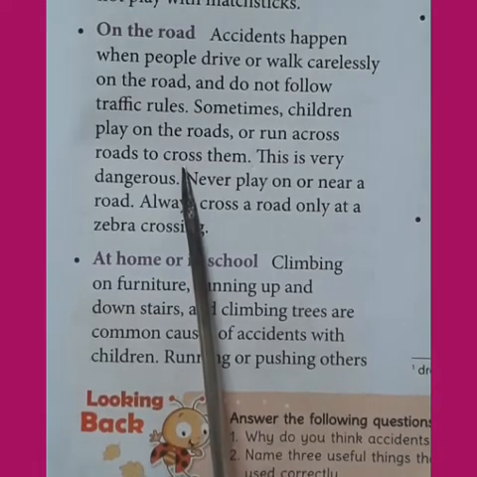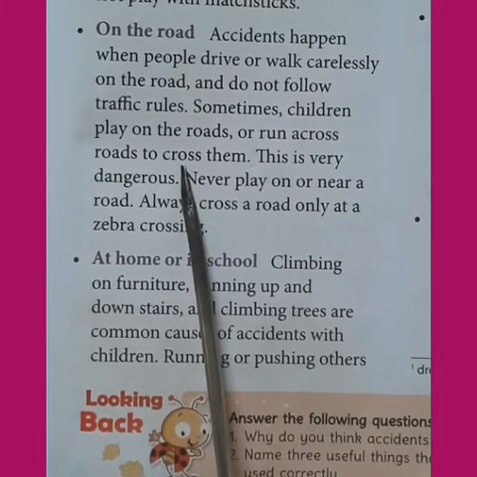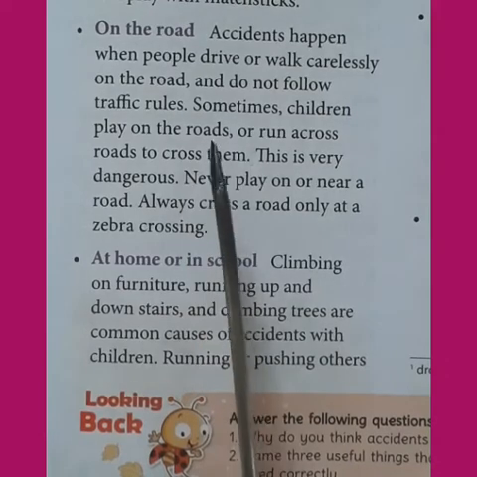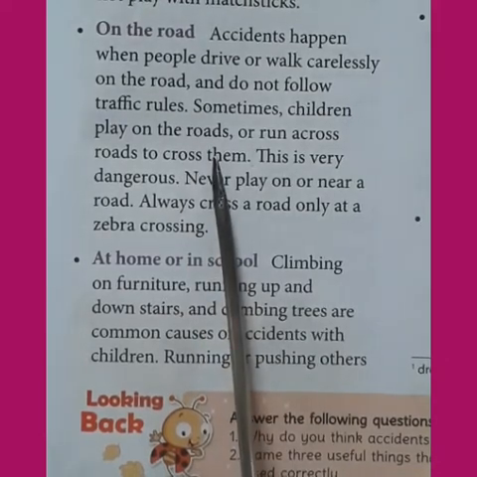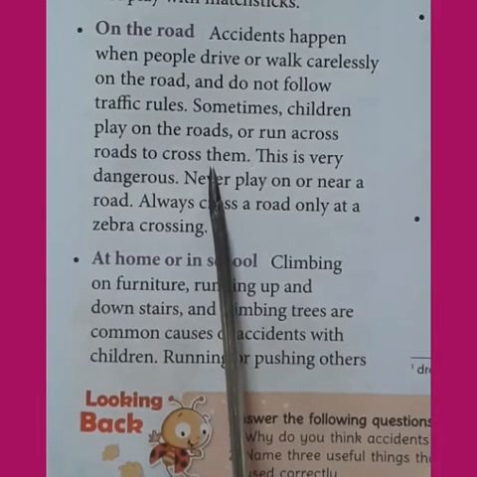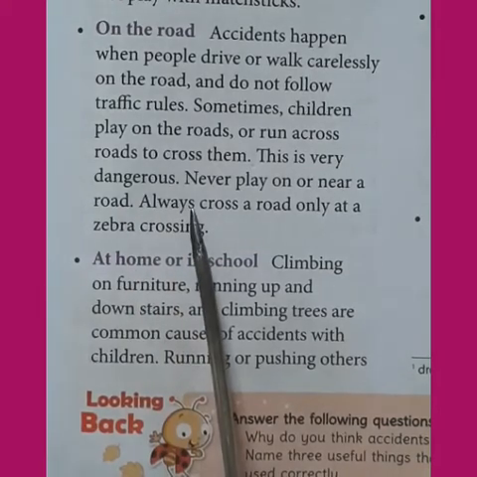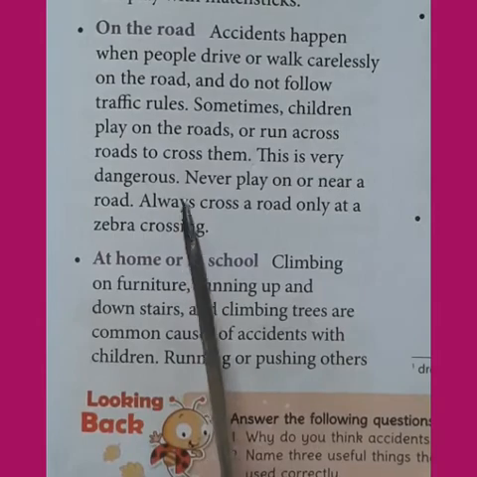You have to wait by the side of the road to see to it that the vehicles move on, and when there is no vehicle on the road, you have to cross the road. Before crossing the road, you have to look at both sides of the road. You have to turn your head to your right and to your left and check whether any vehicle is coming or not. And then only you can cross the road. And you must never play by the side of the road or on the road.